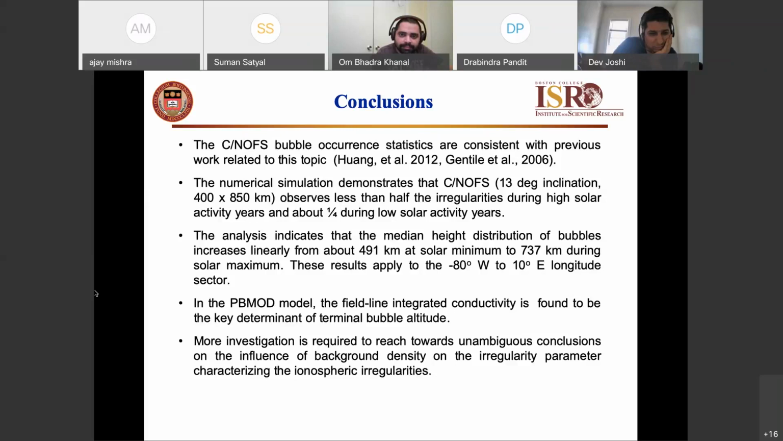These results apply to the -80° west to 10° east longitude sector. In the PBMOD model, the field line integrated connectivity is found to be the key determinant of terminal bubble altitude. More investigation is required to reach unambiguous conclusions on the influence of background density on the irregularity parameter